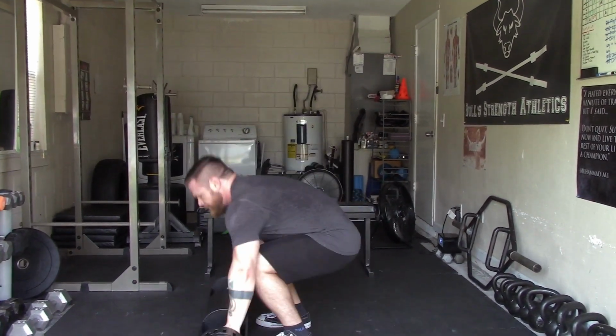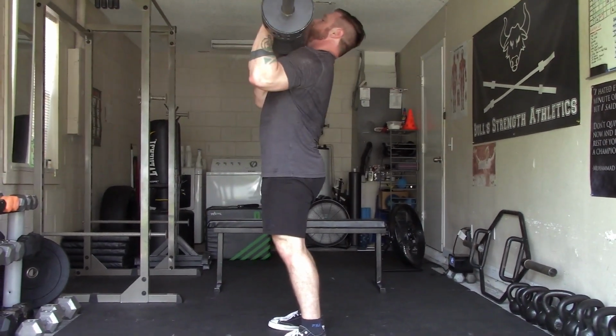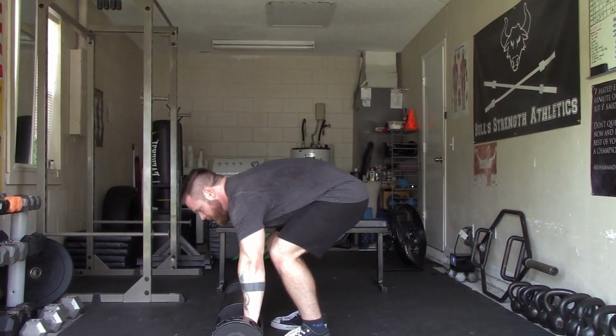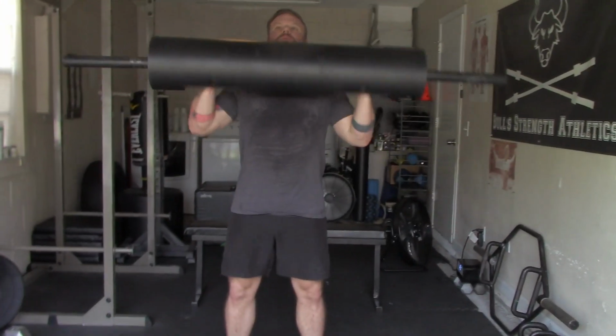method. Now, in terms of using this to carry over into Atlas stones, you're going to want to use the row method, since the row method is going to carry over better into the Atlas stone lift than the deadlift